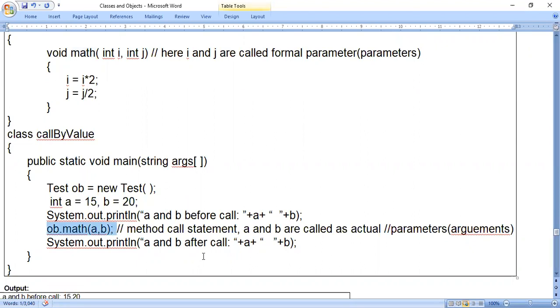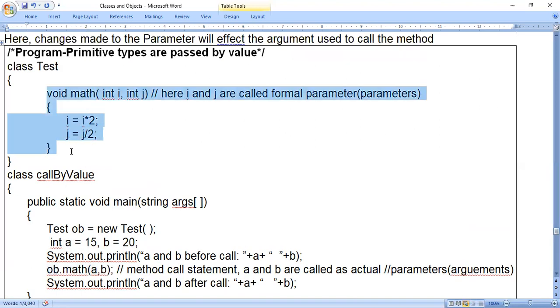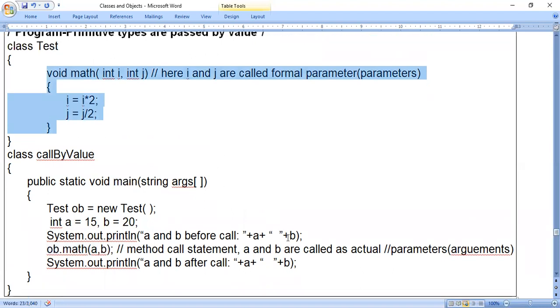So before the meth method is called, what will be the values of a and b? After the meth method is called, what will be the values of a and b? That is what they are asking. Why? Because in this program, you can say nothing changed, because a and b belong to the main method. I have not used them in the meth method at all, so they will not change. The values remain 15 and 20 before the method is called, and after the method is called, they will not be affected. In the next program, you will come to know how they will be affected.